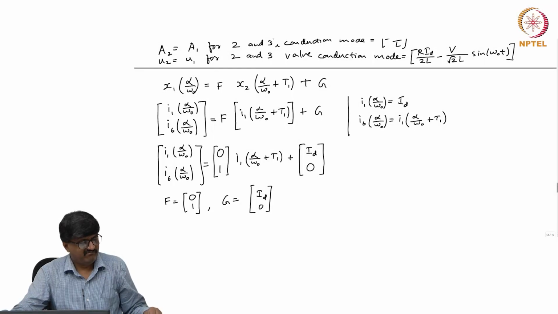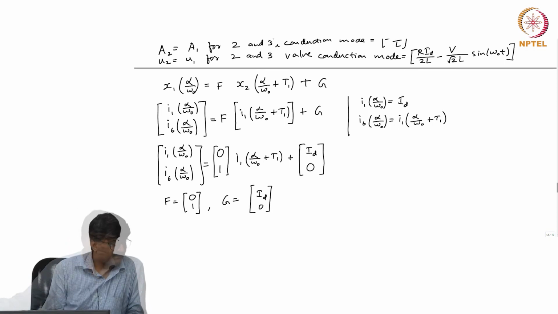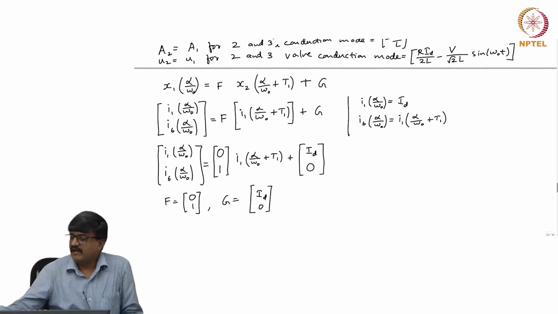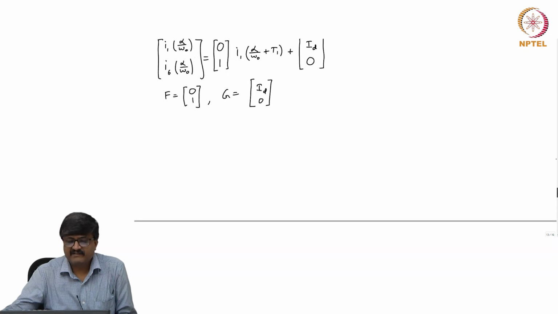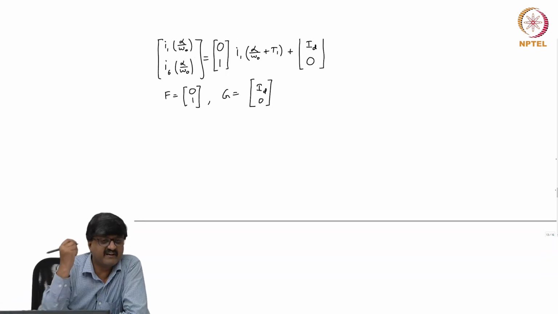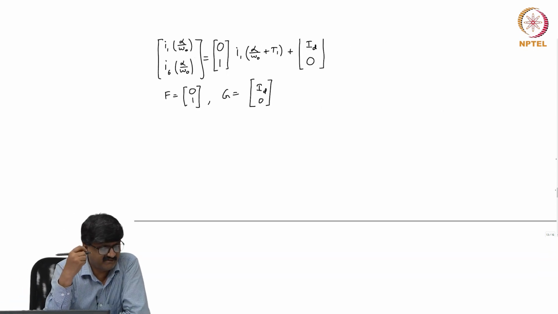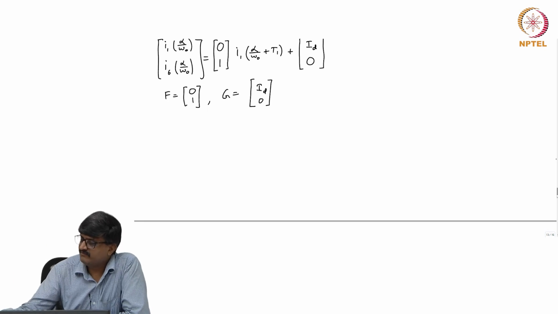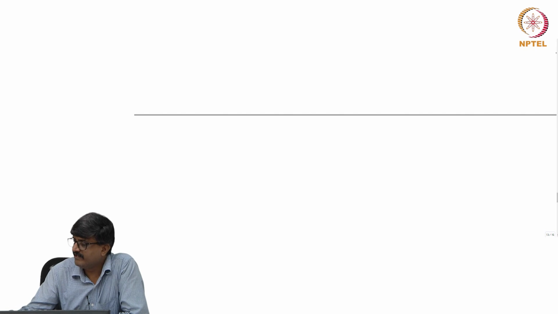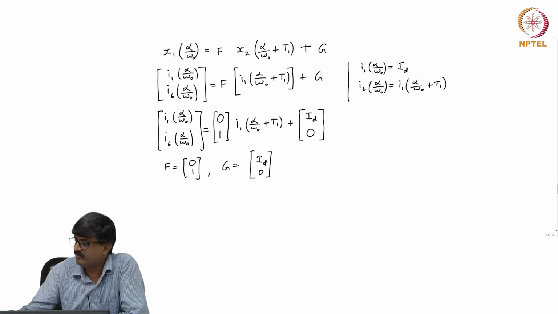Now, one can have more complicated circuits. So, the method actually is useful only for more complicated circuits. If I have on the DC side something other than a current source, then it becomes more complicated. Now, let us look at one circuit which is actually more complicated than the circuits we have seen so far.